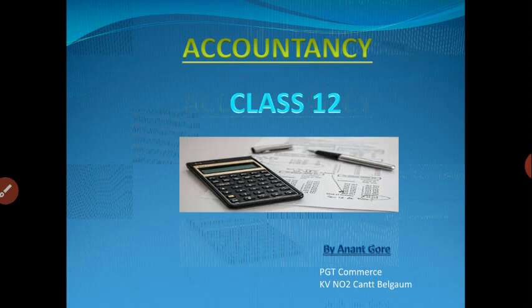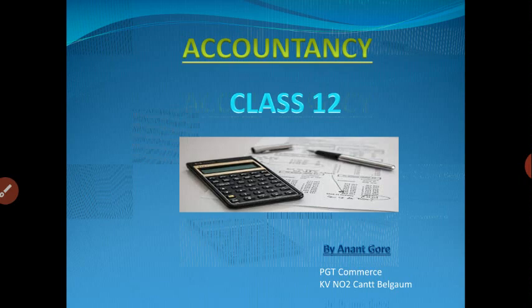As you know, in the previous class we learned about the profit and loss appropriation account and how to prepare it. What is the difference between the profit and loss account and the profit and loss appropriation account? While preparing the profit and loss appropriation account, you have to prepare a ledger with a debit side and a credit side. Debit side entries are interest on capital, partner salaries, and partner commission, and credit side entries are the net profit of the business and interest on drawing.